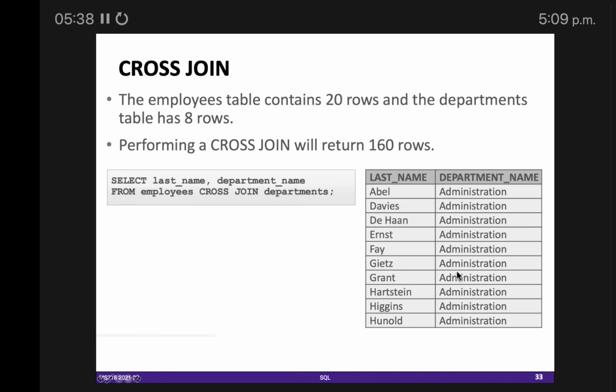We can do this simply by selecting different attributes from employees cross join departments. Here we are not providing any criteria, we are just cross joining. Any idea where we can use a cross join? It could be a student who wants to enroll in some courses over 4 years, so it could be a cross join sort of thing, but usually we don't need cross join, right?